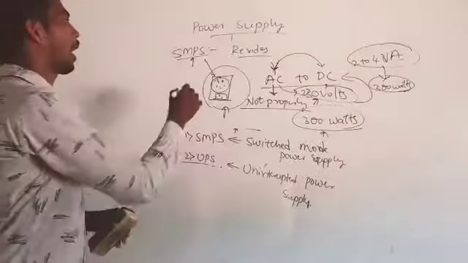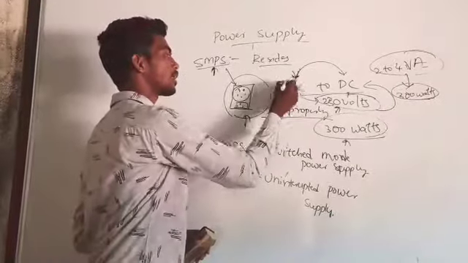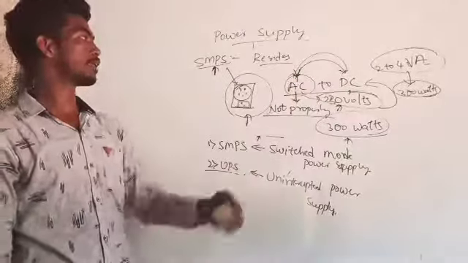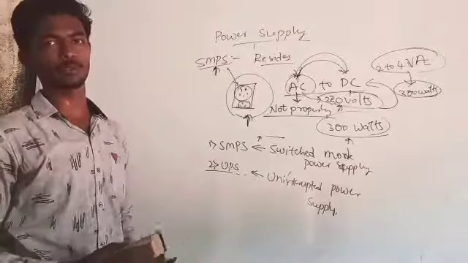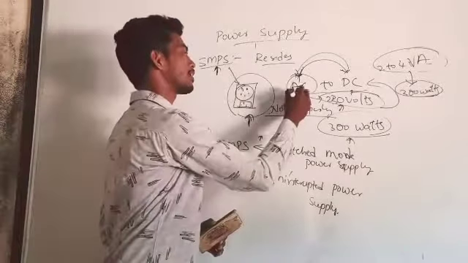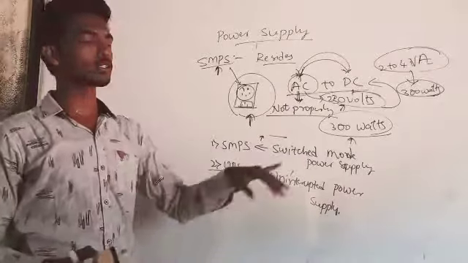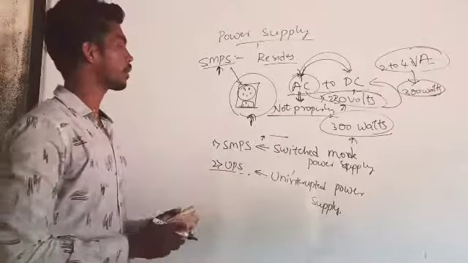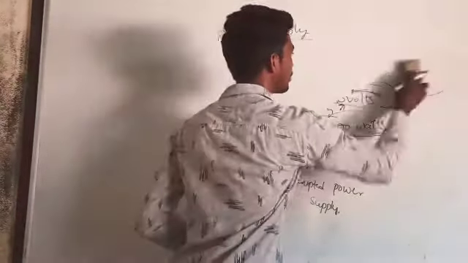This is what happens in a SMPS. Just remember one thing: it is used to convert AC current to DC current, and it resides at the rear end of the computer system or CPU. And when the AC current is directly provided to the electronic circuits, it will not work properly. This is the one thing you have to remember about a SMPS. Let us look at the UPS.